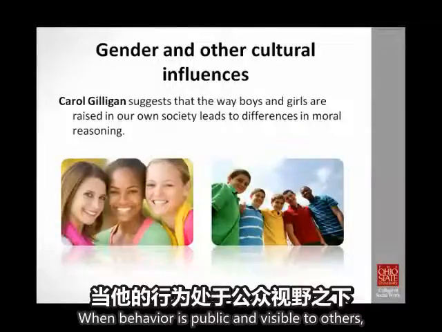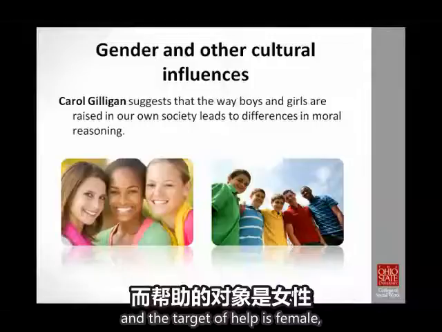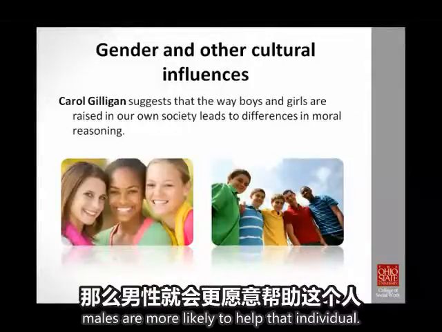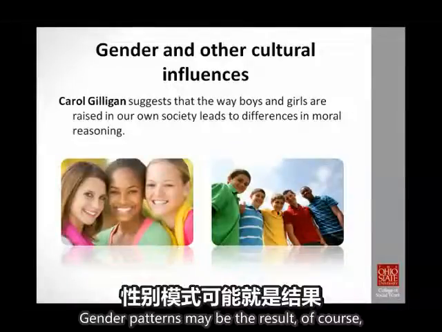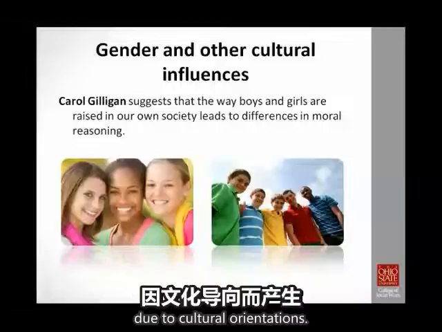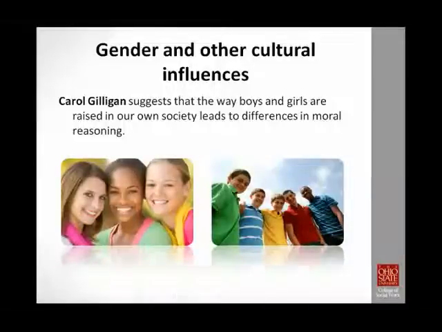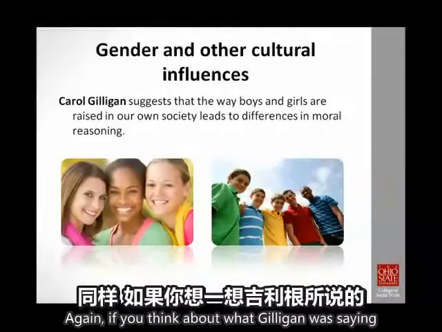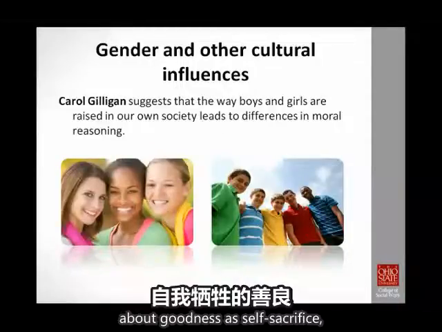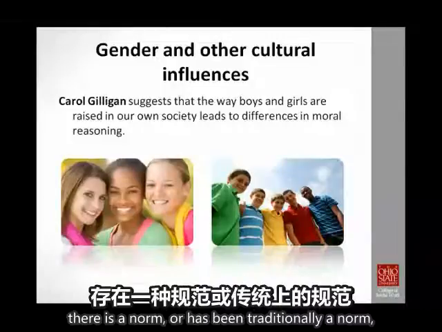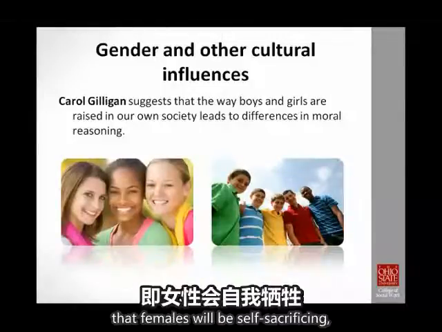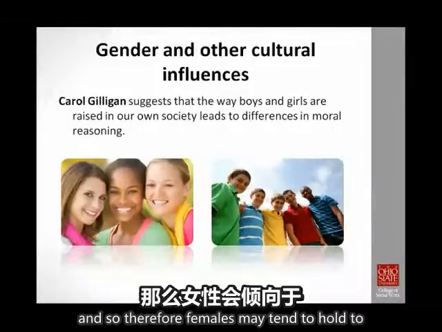When behavior is public and visible to others, and the target of help is female, males are more likely to help that individual. Gender patterns may be the result, of course, of cultural orientations. Again, if you think about what Gilligan was saying about goodness as self-sacrifice, there has traditionally been a norm that females will be self-sacrificing. And so females may tend to hold to a more communal